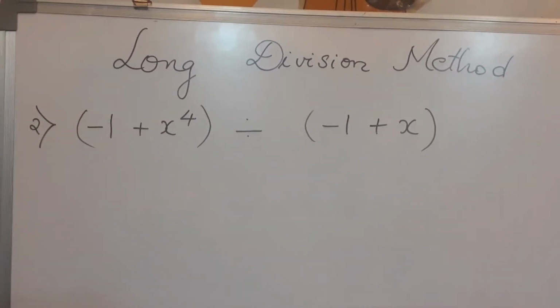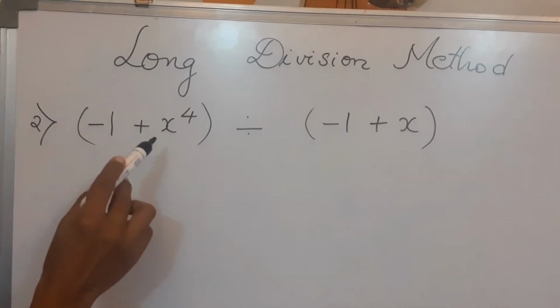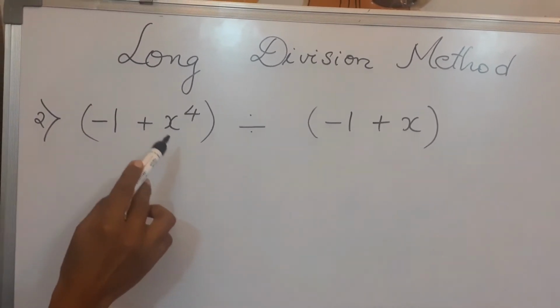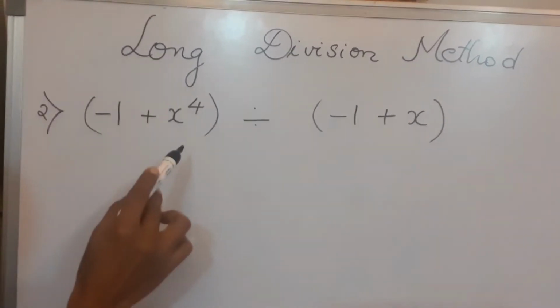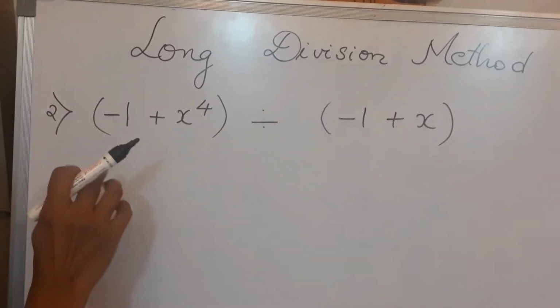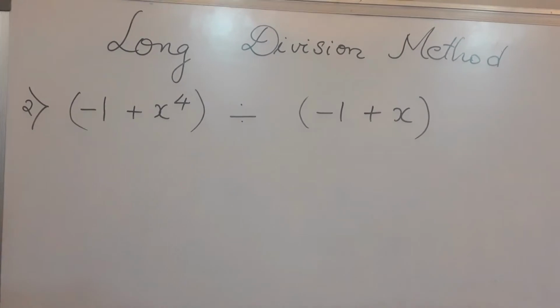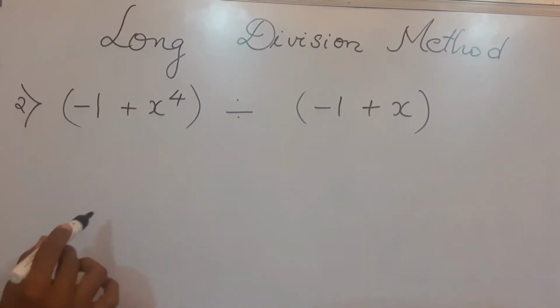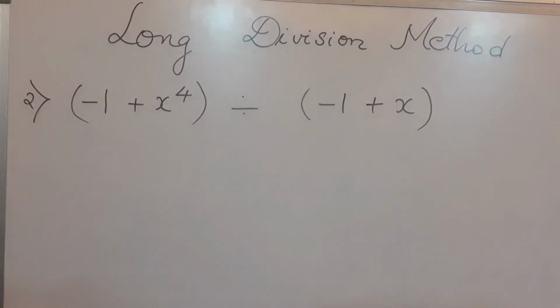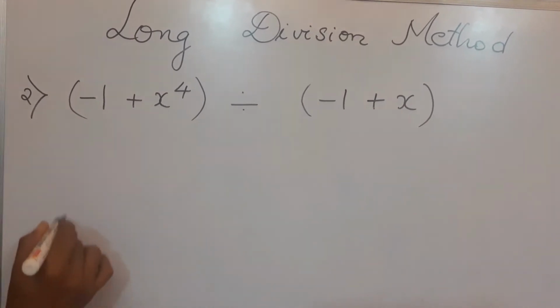Now if you see in this particular problem, the highest power of the algebraic expression of the polynomial is x raised to 4. So 4 is the highest power, but there is no variable with power 3, 2 and 1. They are all missing. So you have to put it in the standard format first and then only proceed with the problem. So how are we going to do that?